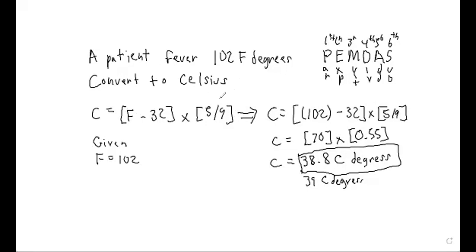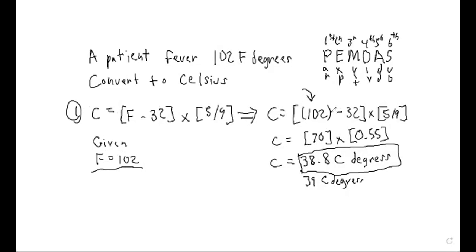We wrote our formula down. We wrote down what the value of the Fahrenheit temperature was, F equals 102. And then we went ahead and plugged it into the formula. That's what we did over here, right? So we wrote this down, step one, right? We wrote down what our Fahrenheit temperature was. We plugged that in here,